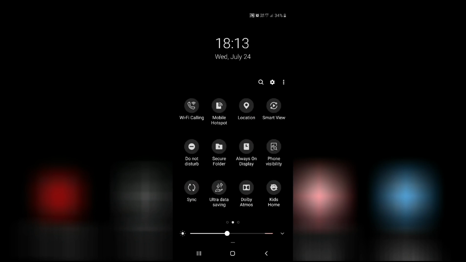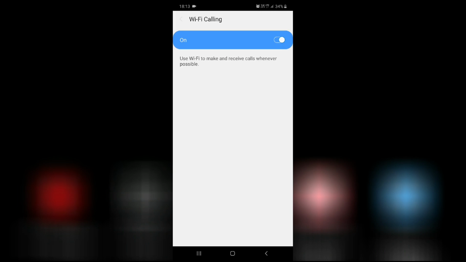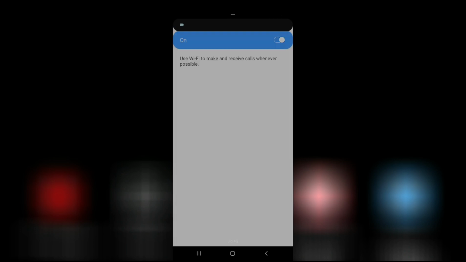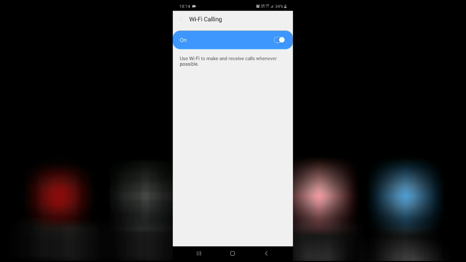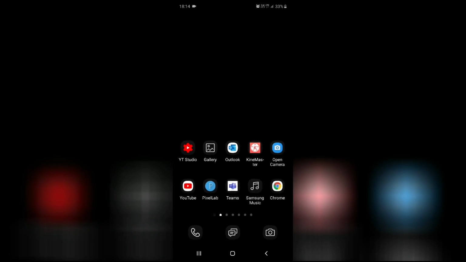In those options you will find options like Wi-Fi calling. I have already taken this option on screen. So I press Wi-Fi calling, and I'm trying to call now. What I need to do is find a Wi-Fi device available here, then log into that device, and after login you can make a call with that device. Here is an option with which you can either connect with another device or disconnect from another device, guys. So that's simple.